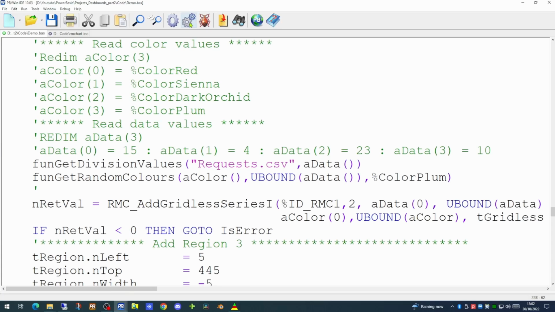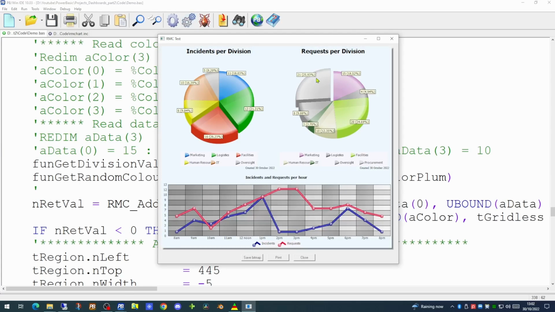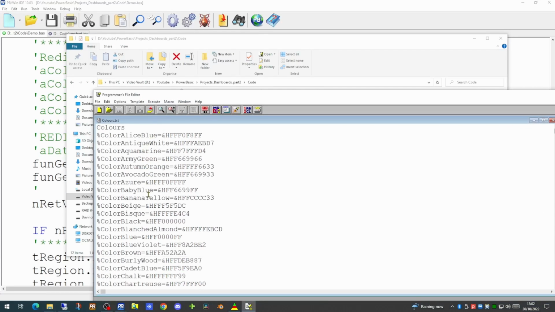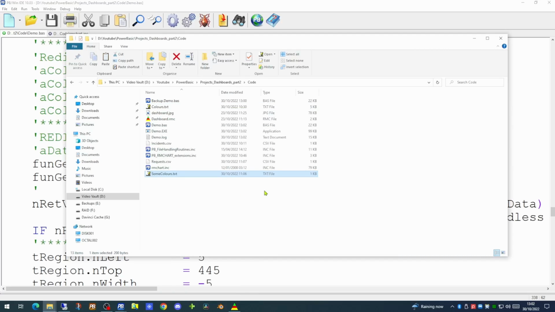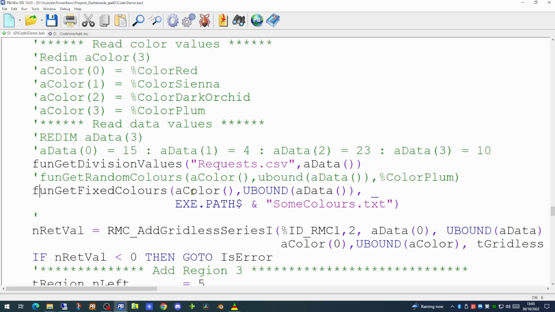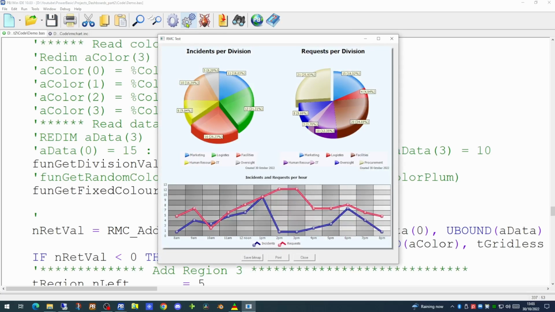So if we try running our code now, we'll see we get a number of different colours. They may not be exactly the colours you're actually wanting, so we can create a custom palette. At the moment, it's pulling the colours off in the order they're in this list. So if we create a cut down version of that list, containing some colours that we actually want, it can be as many in here as you wish. We can refer to that in the code by using another function, getFixedColors, and it takes a parameter which is the list of colours and the order you want them to appear in. If we run the code now, this gives something a little more aesthetically pleasing.